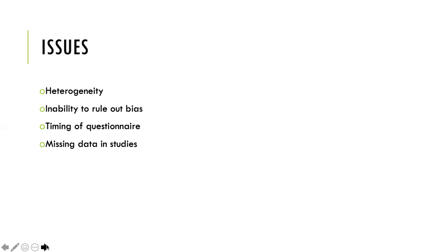There was also a problem that some of the studies did not address the things that they were examining. For example, for complications, they only had 4 studies that looked at that. Other studies had missing data. They did not look at responsiveness. Some did not look at reliability and other aspects. So pulling all these studies together, there was something missing, and hence when they did the forest plot,